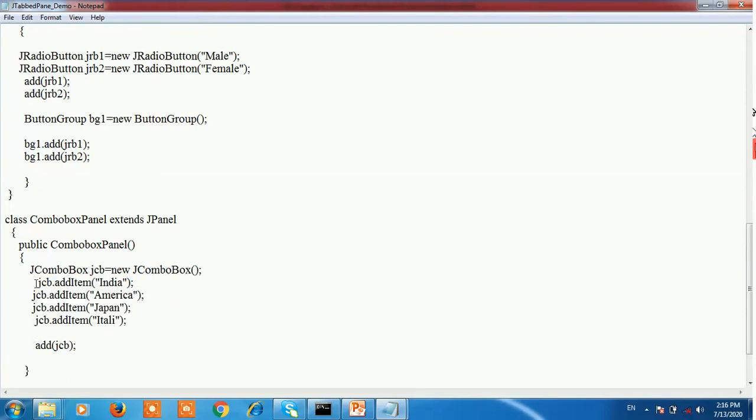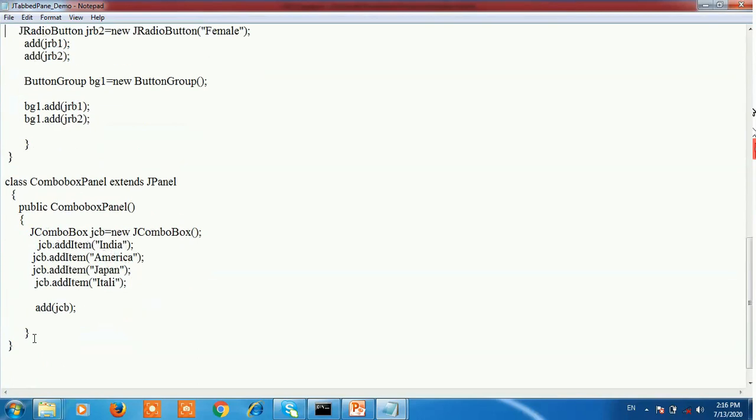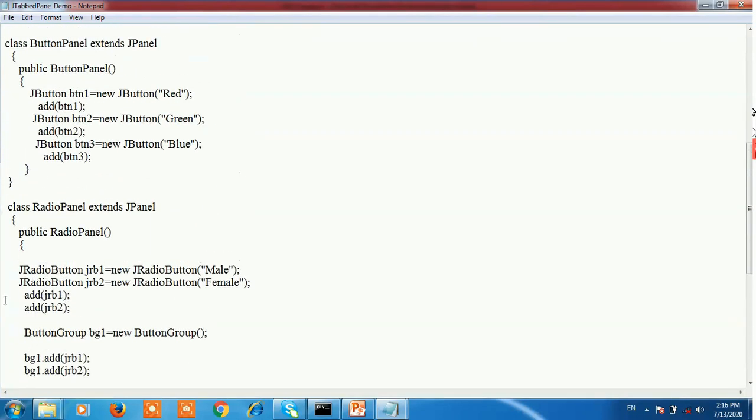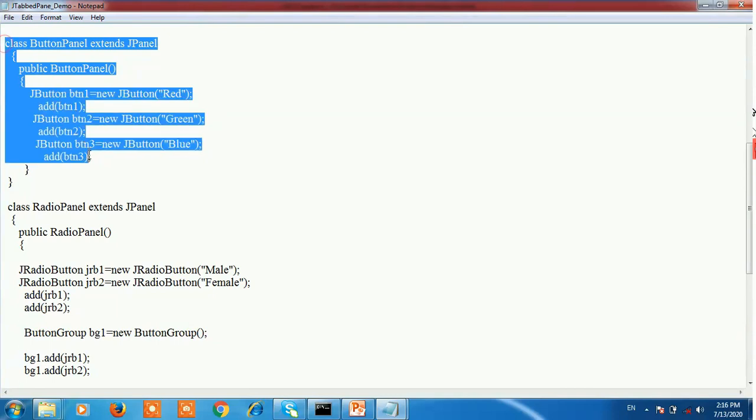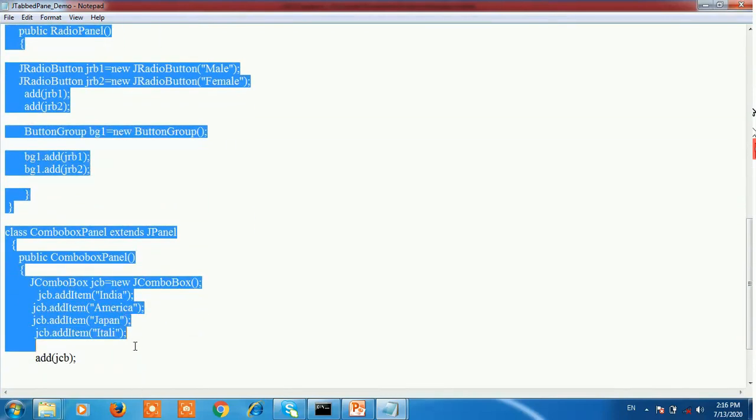After addItem, use the add method to add the combo box into the window. These 3 classes are nothing but the tabs of the tabbed pane.